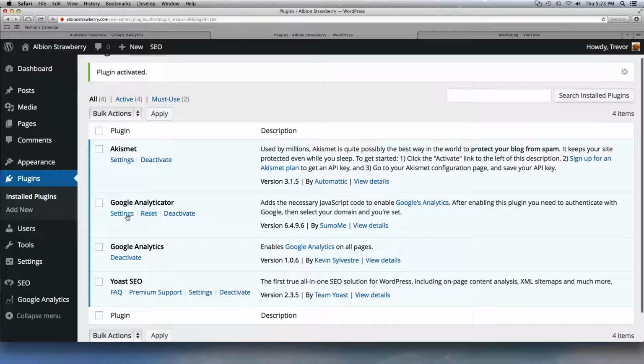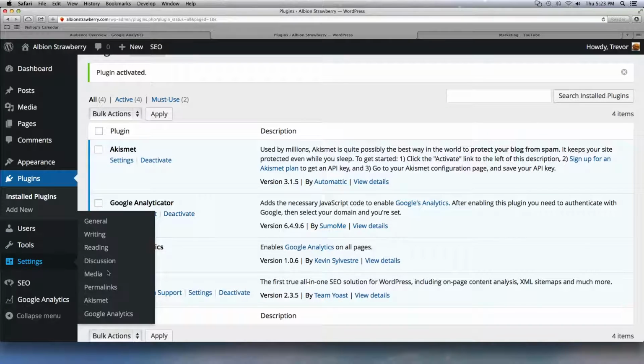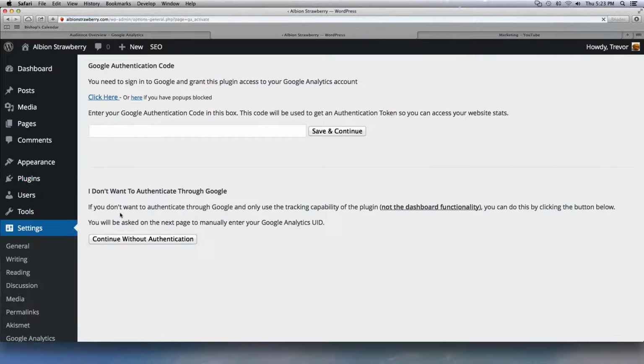So it's activated. I can go to settings on it. I need to make sure, once you activate a plugin with Google Analytics, you still have to connect your analytics account that you created. So let's see, settings. It's not here. It's probably just right here. Google Analyticator settings. I'll click on. Okay. So you need to sign into Google and grant this plugin access to your Google Analytics account. Click here or here. Okay, so